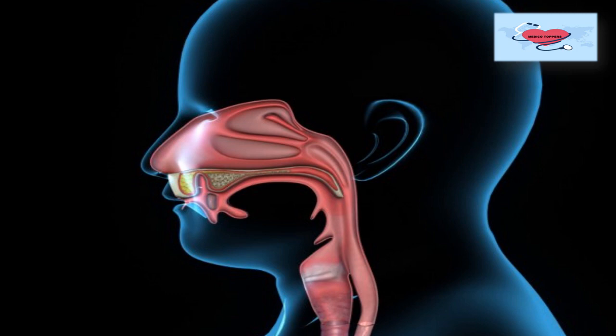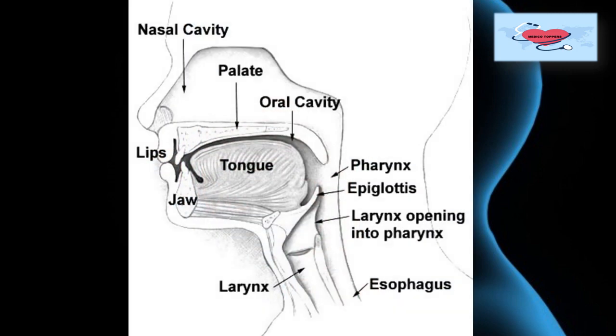Before getting into detail regarding the pharynx, let's see an overall view of the cross-sectional appearance of the pharynx, larynx, and nasal and oral cavity. The first thing is the nasal cavity, you can see in the picture. Then comes the oral cavity. From here the pharynx will start and here the pharynx will end. You can see the epiglottis and the larynx lying anterior to the pharynx, and the pharynx continuing down as the esophagus. So let's see what are all the things related to pharynx.